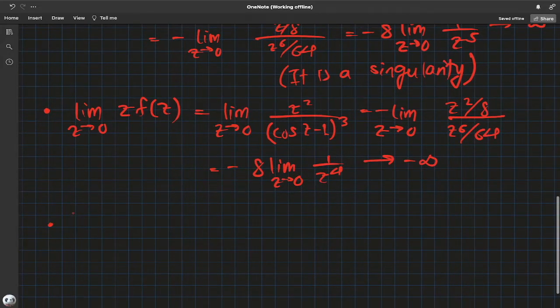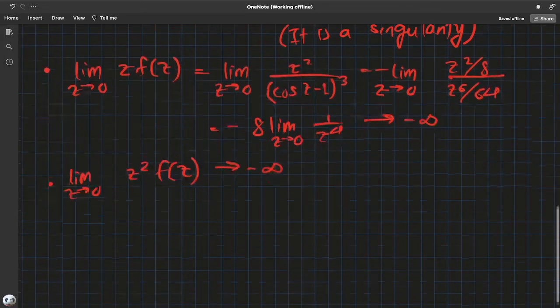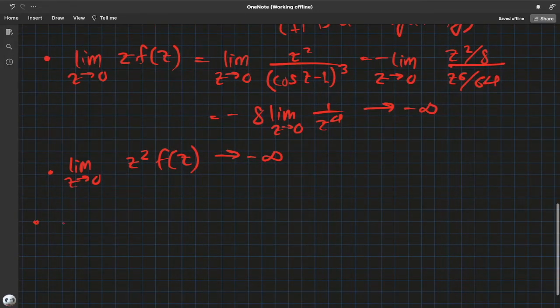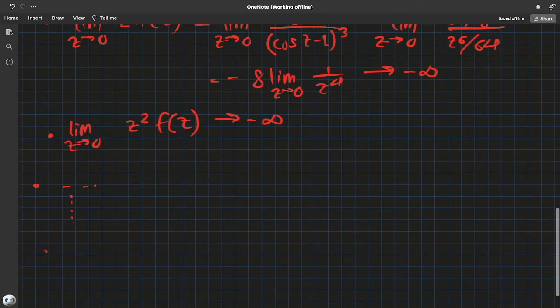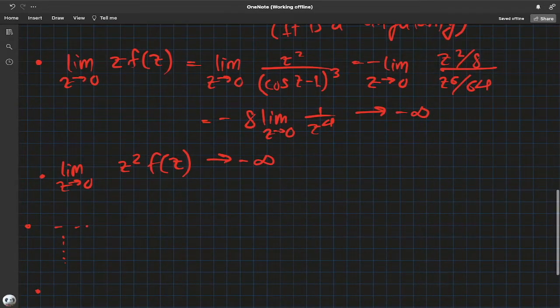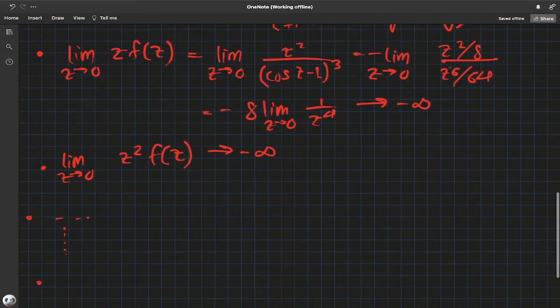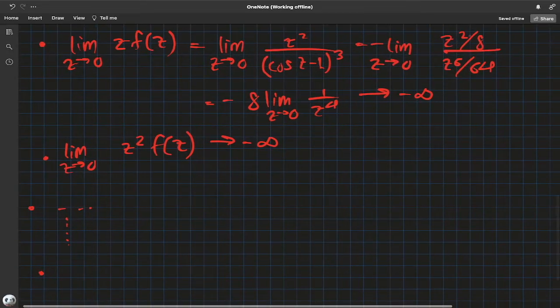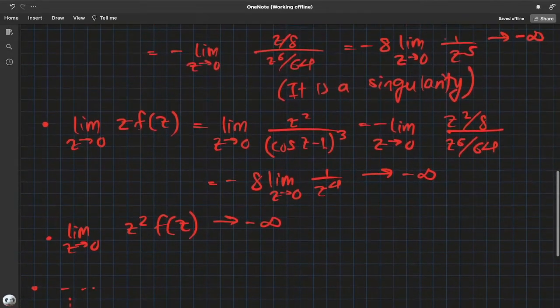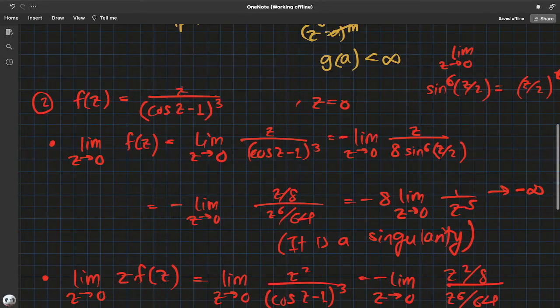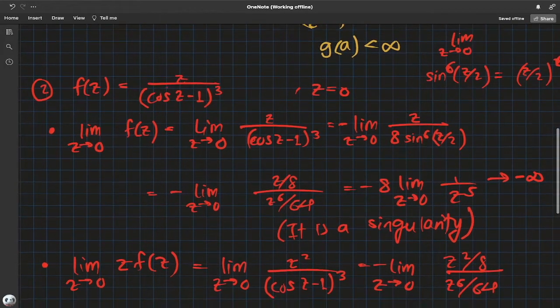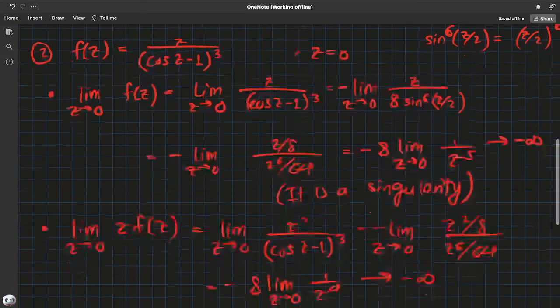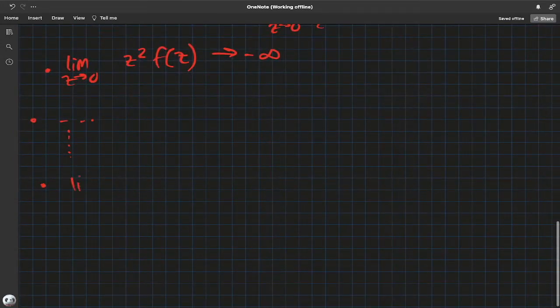So if you keep doing this, say, check for order 2, this will again diverge. It's not order 2, it's not order 3 either. You keep doing this and you might have noticed what order we need this thing to be. Since we have a 6th power, we need the top to be a 6th power. Right now we just have z, so we need to multiply by z to the 5th,